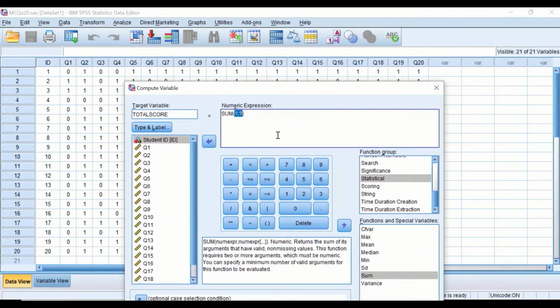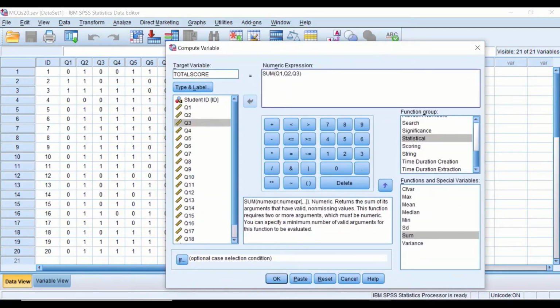In the numeric expression, the sum is followed by a bracket. So we need to transfer each one of these questions or variables between the brackets, separating each question by a comma. So if you click on the first one and then add a comma, click on the second one, transfer, comma, and then the third one, and so on. And since we have here 20